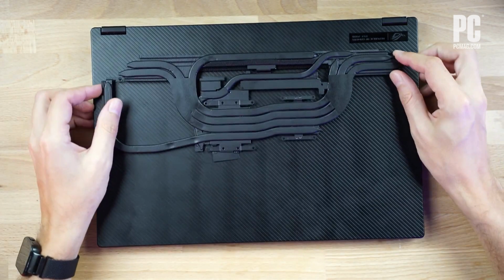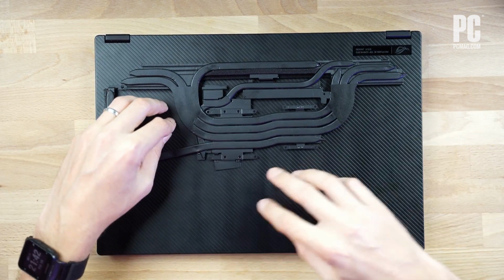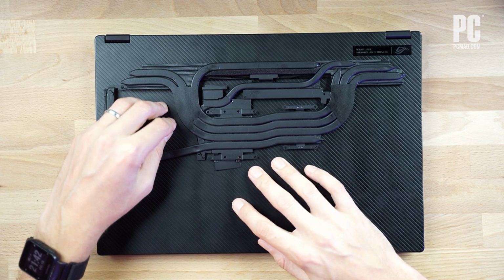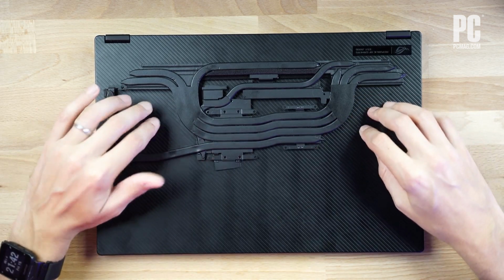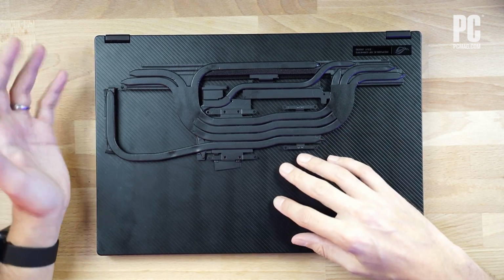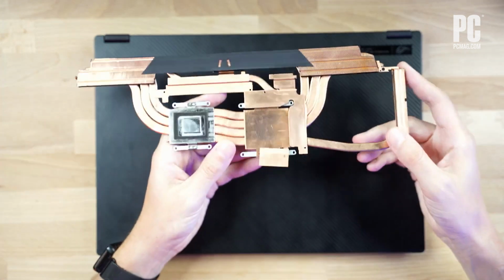We have a triple fan cooling solution in here. So we have two fans here and then a third fan. The third fan allows us to have only 45 decibels under full load, versus two fans, where we would get the same performance but would have to run the fans at higher speed and get around 52 decibels. That's a huge improvement, 7 decibels less thanks to having a third fan, and lots of heat pipes as you can see there,